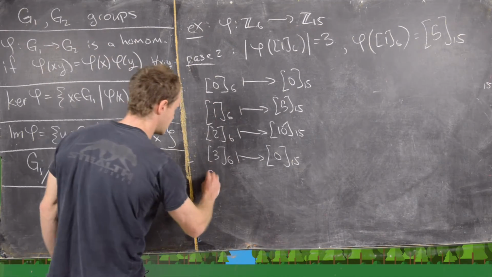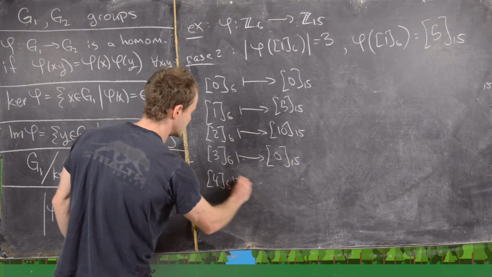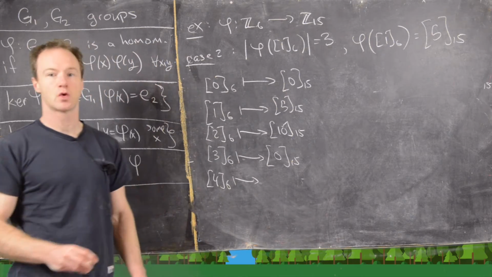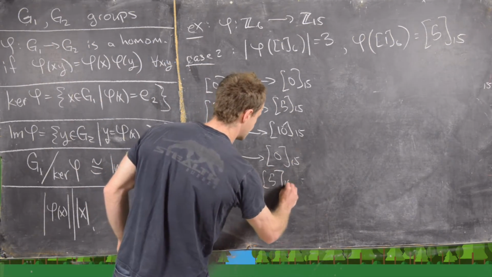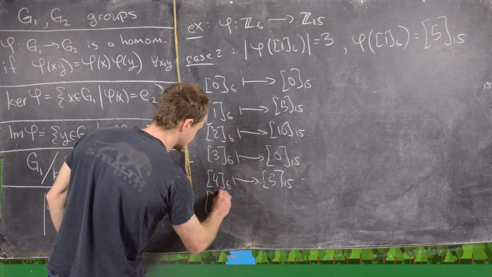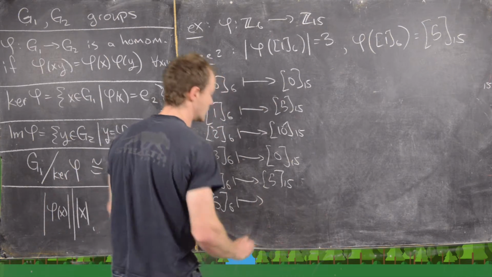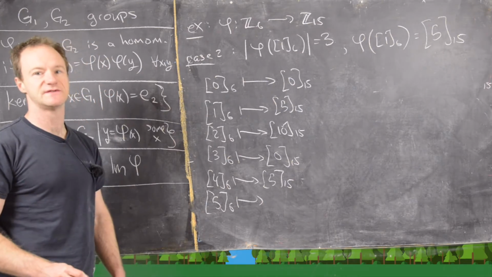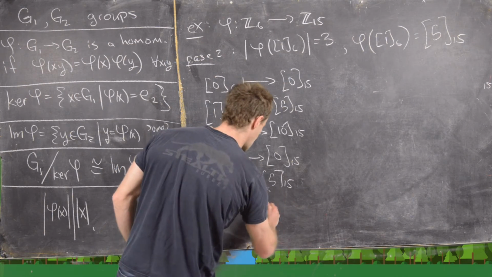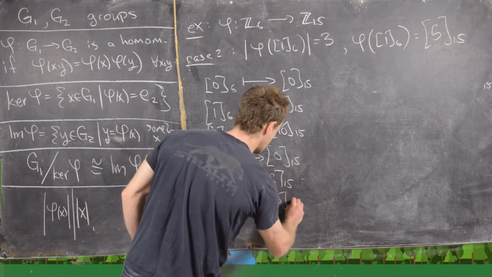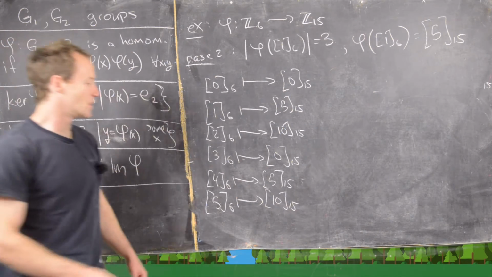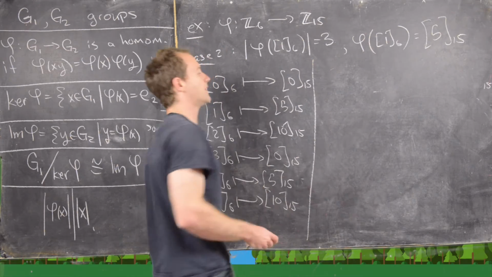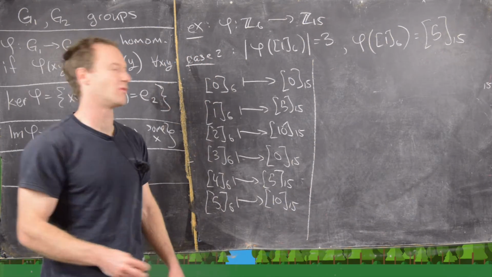Good. The equivalence class of 4 is going to go to the equivalence class of 20, but 20 is the same thing as 5 mod 15. The equivalence class of 5 is going to go to the equivalence class of 25, but 25 is the same thing as 10 mod 15. Okay, so now that we've got that, we can easily see what the kernel and the image of this homomorphism